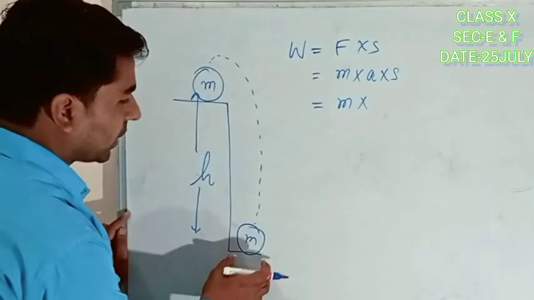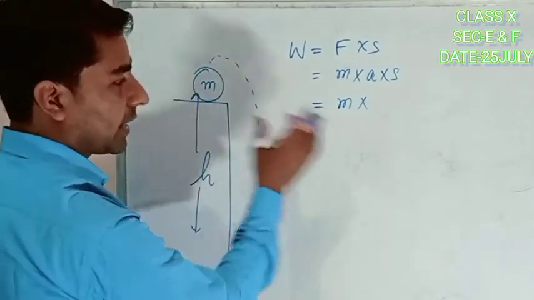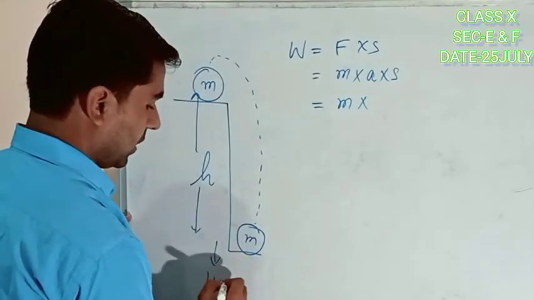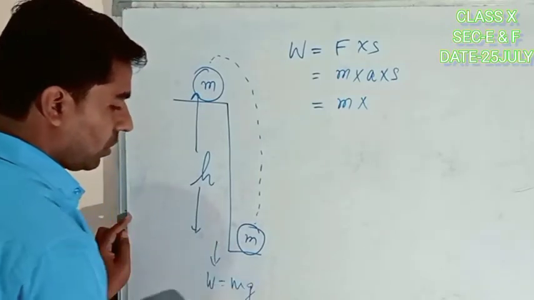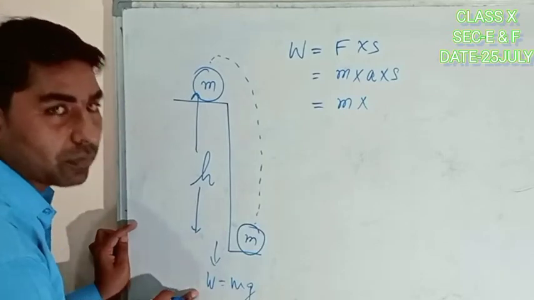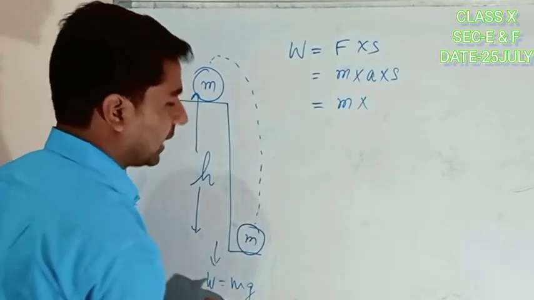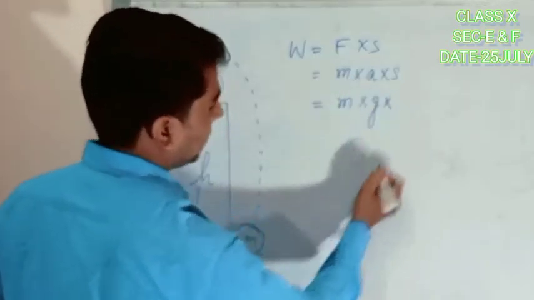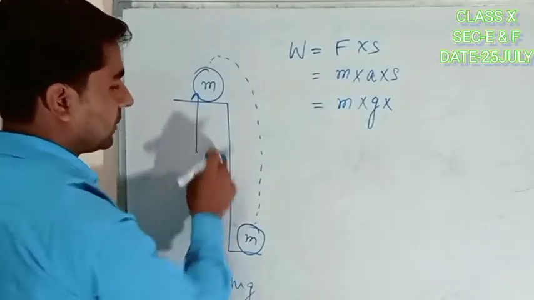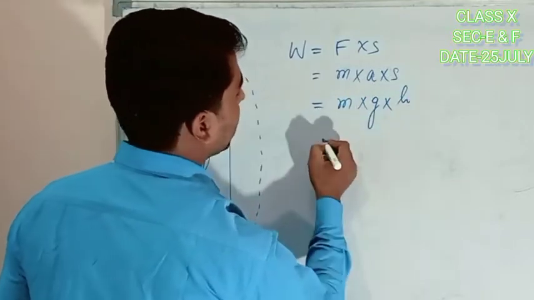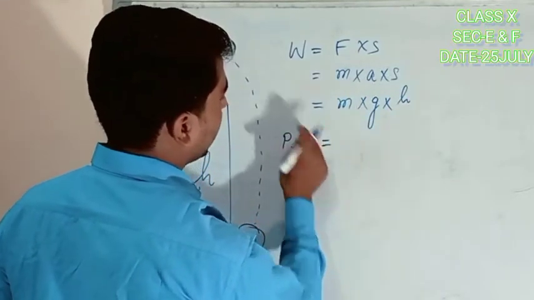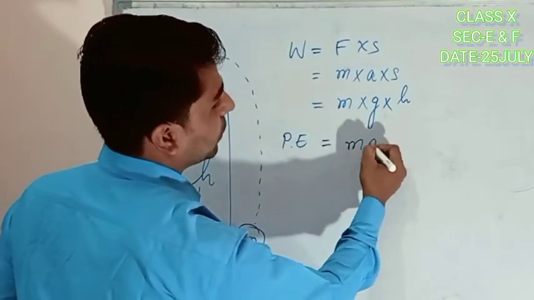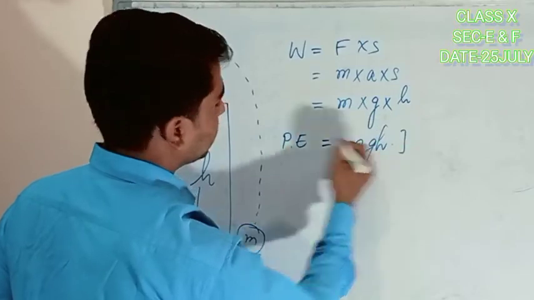Acceleration. On moving this, on putting this up, the acceleration is the acceleration due to gravity, because the weight is acting downward, that is mg. This is not work that I am talking about, this is weight. So here the acceleration is what? Acceleration due to gravity, so g. And the displacement from here to here is height, h. So the potential energy, because the work done will change to energy, that's named potential energy, is equal to mgh.